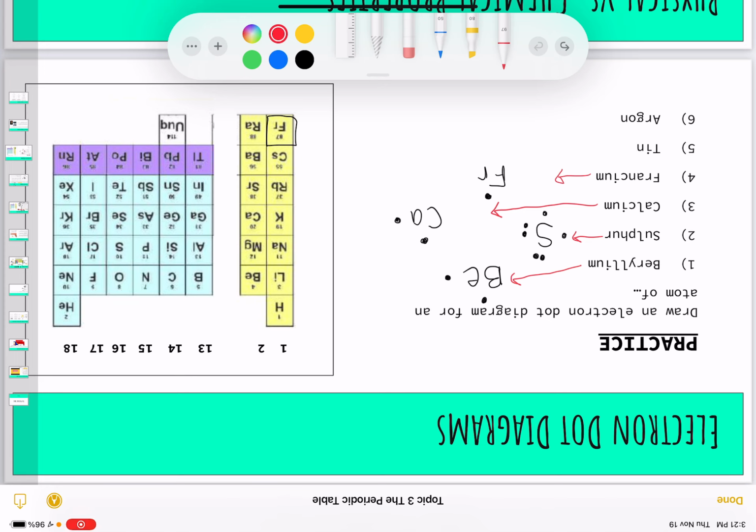Tin is Sn. Tin is right here. So counting left to right, we go 1, 2, 3, 4. It's 4 over from the left-hand side. And remember, when we're looking at tin, or if you're looking at your periodic table, all these,